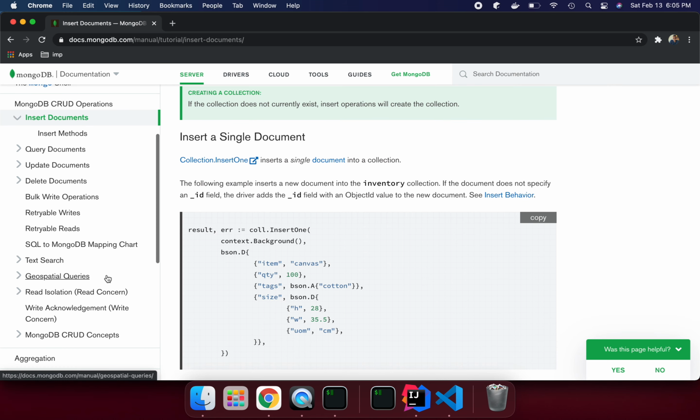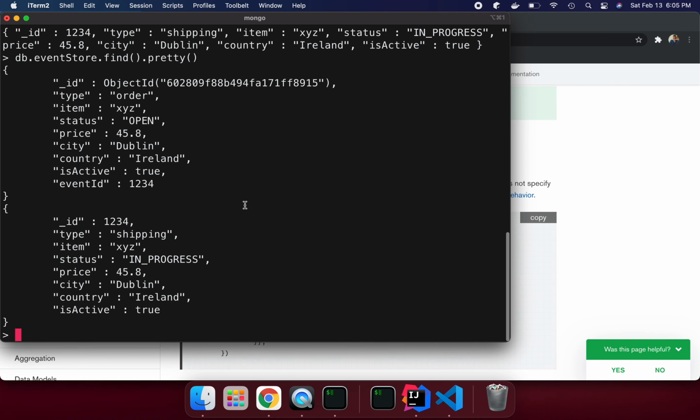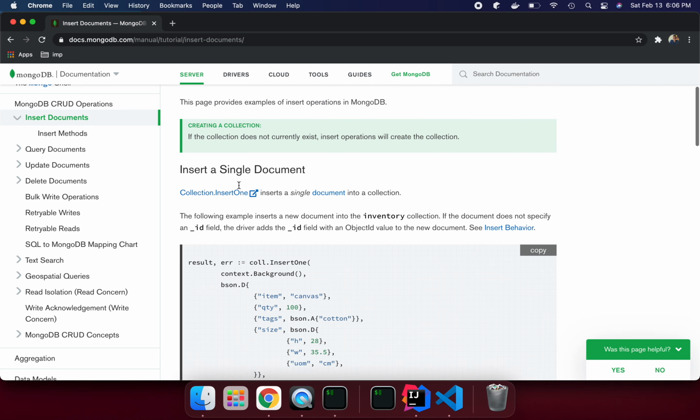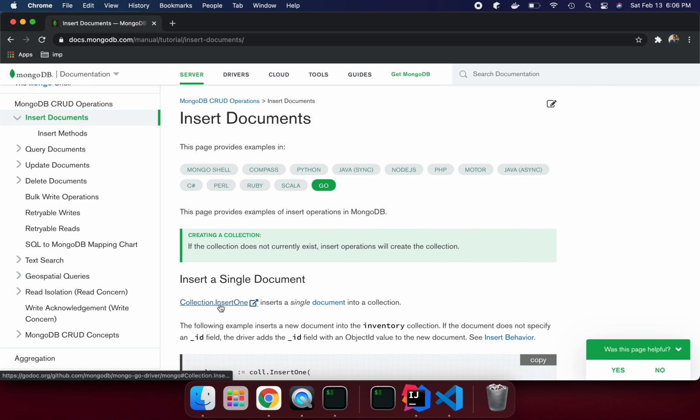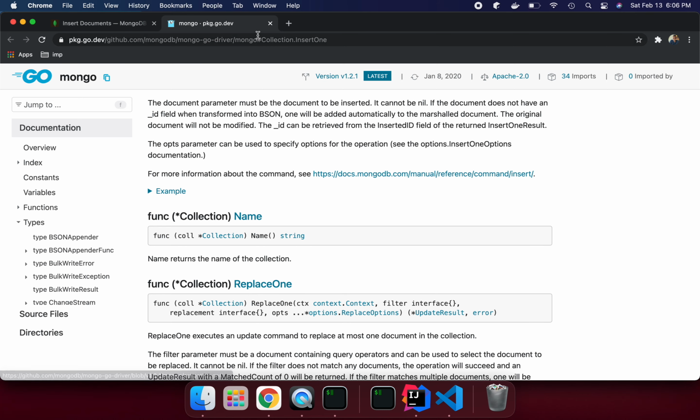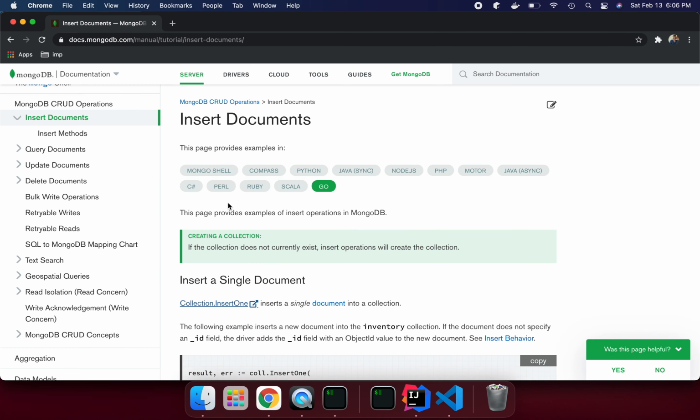So we need to talk about how we can insert many documents in this one collection. We can insert one or more documents, or delete or update. How can we do those things? MongoDB comes with methods. If you see insert document, collection dot insert one, insert one is a method, and through the method we are inserting the documents. Let me go with this one.